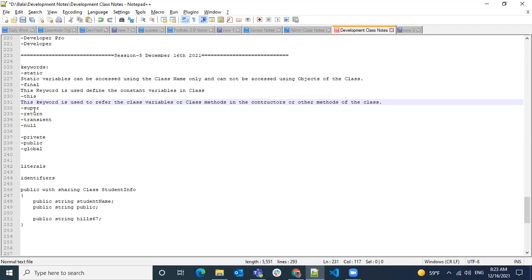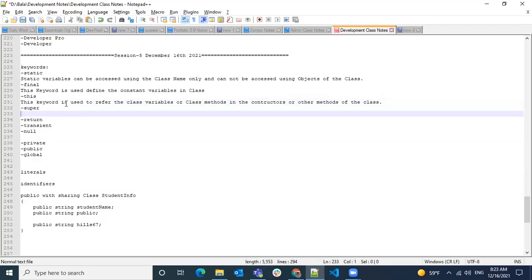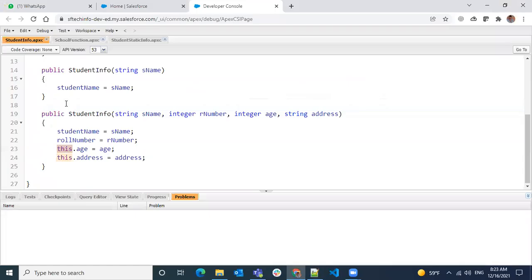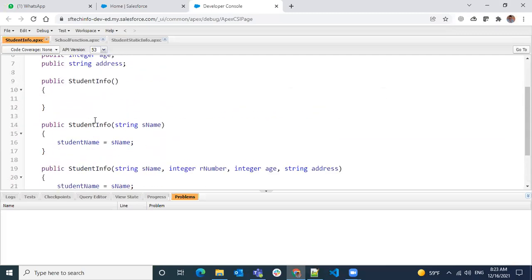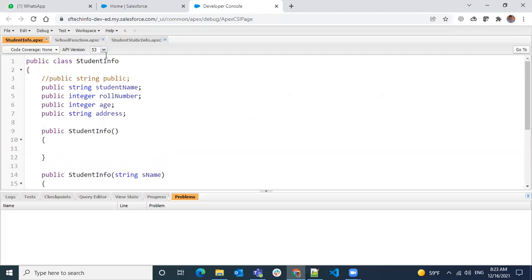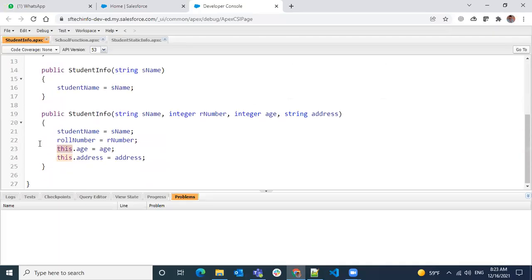Okay, and then coming to super, this is a function. This function is used to call the constructor of the parent class. First of all, we need to understand what a parent class means. Here we have student information, and inside the class we can declare one more class, where this class scope is till here.